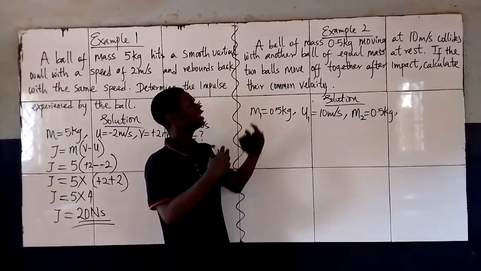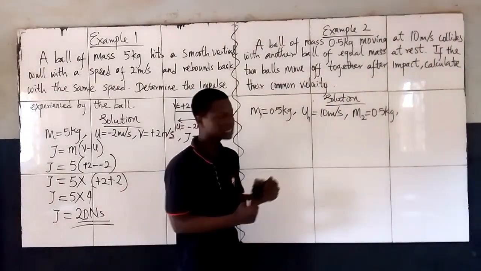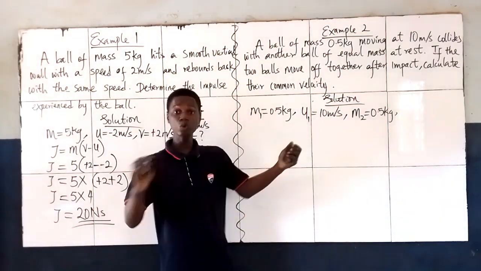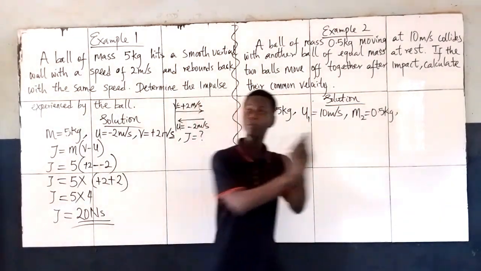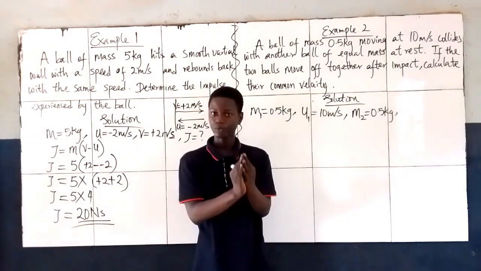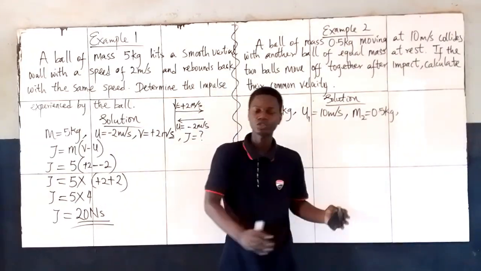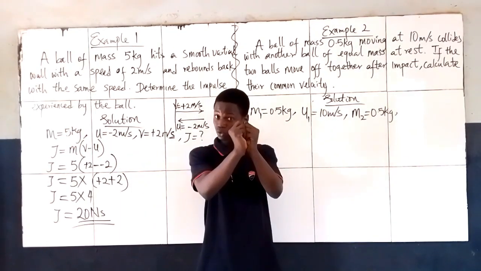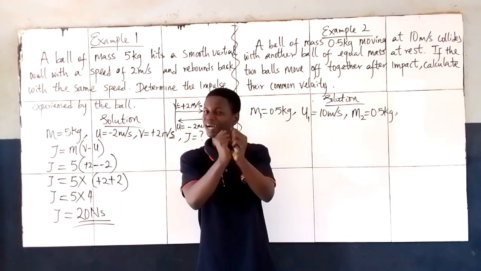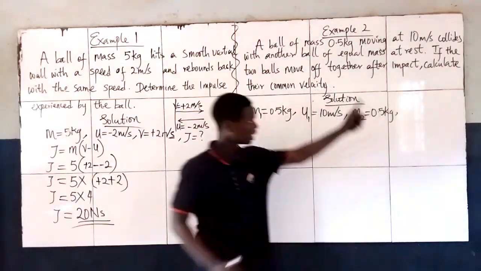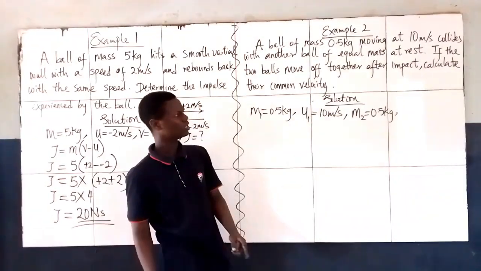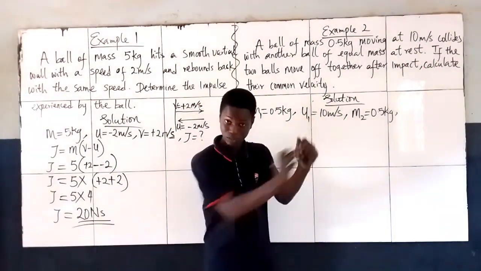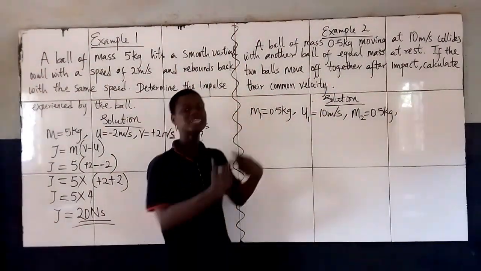Then what else? They said the balls move off together after impact. Why is it called perfectly inelastic? Because the two bodies tend to stick together and move in one direction, the same direction. So this one was static, this one came like this, they hit each other and stick together. Very importantly, they must stick together and move in the same direction, and that's being described here. Then they said if they move off together after impact, calculate their common